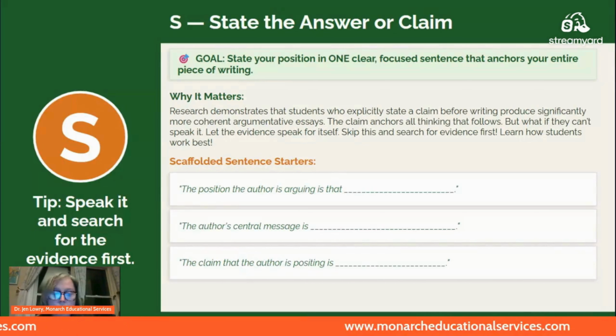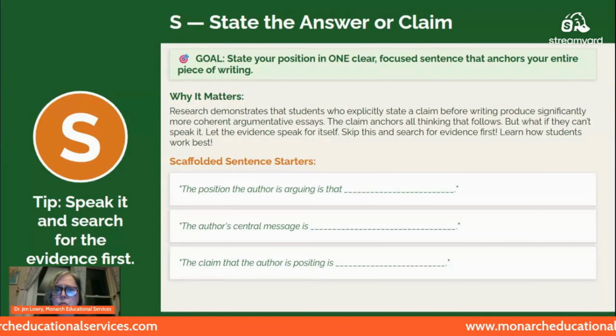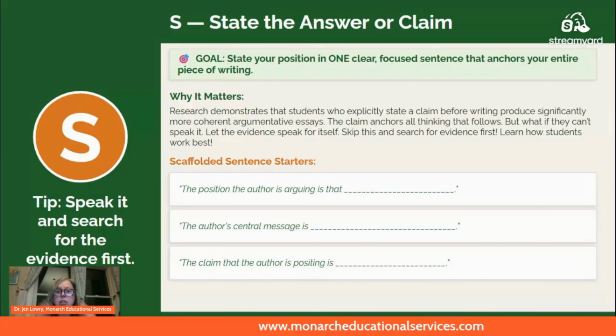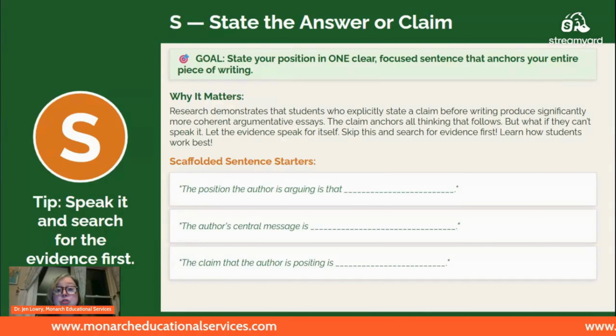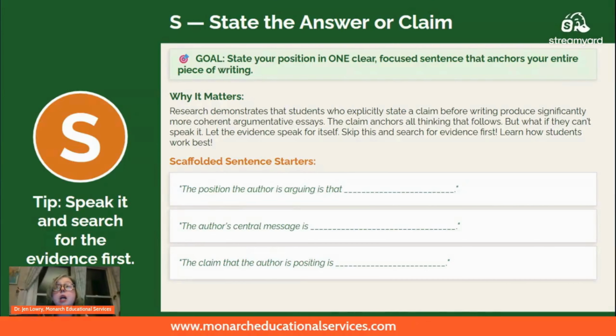You see scaffolded sentence starters, love me some sentence starters, but they still don't really know the position that the author is trying to claim, or they really don't know their thoughts around it because they haven't enough background knowledge. Their schema is not built around this topic. And so they may just struggle with stating what the answer could be because they don't have access points or those entry points into the topic strong enough to really be able to say what they think about it.